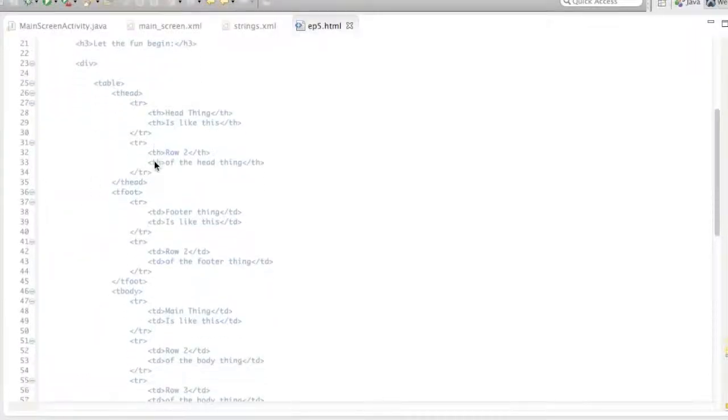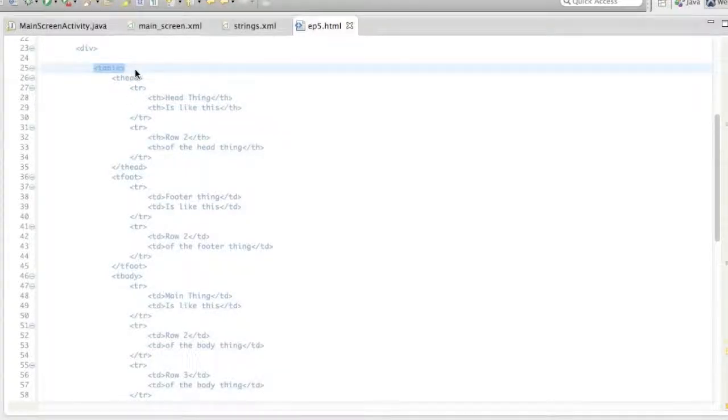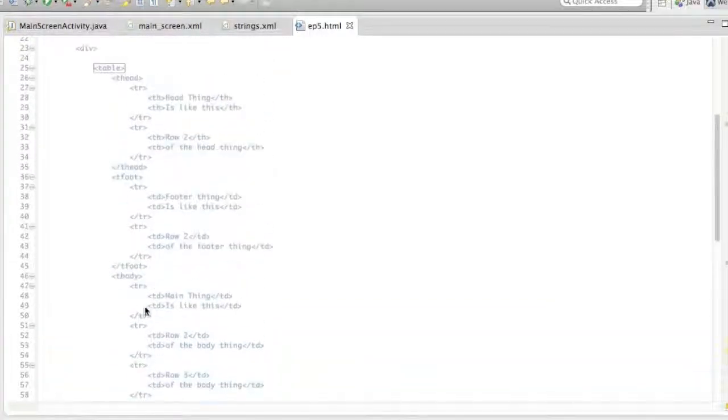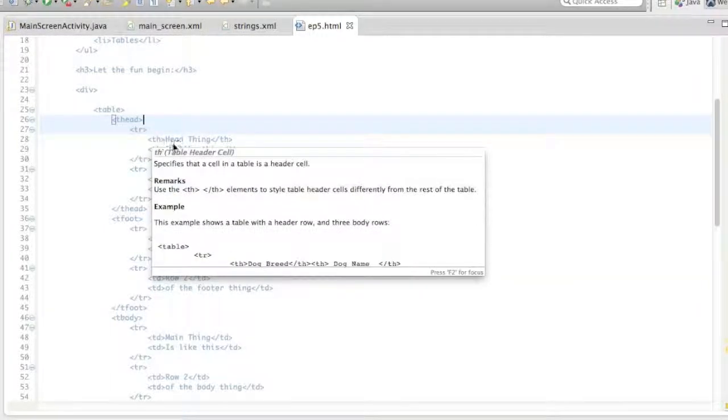You define it with the header first. So to do that we have our open table tag, and we close that off right down here at the very end. And then between them we start off with a T-head tag, which stands for table header. Then within that we basically define a normal table, except we don't use TD for the columns, we use TH,